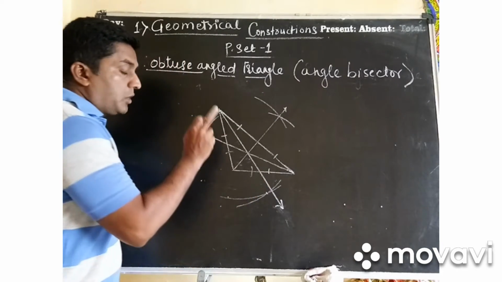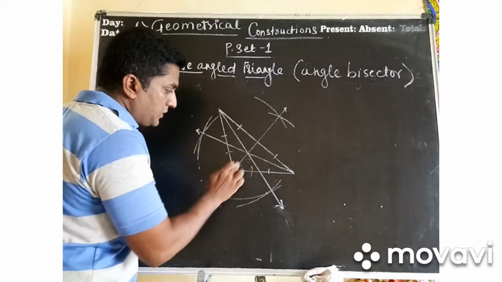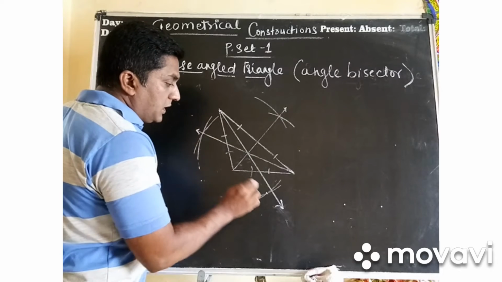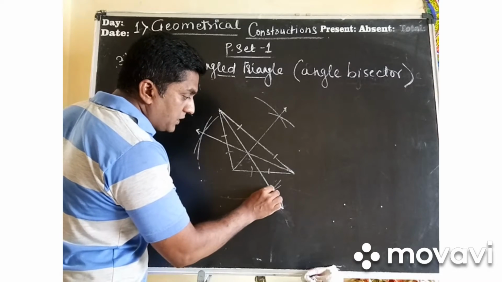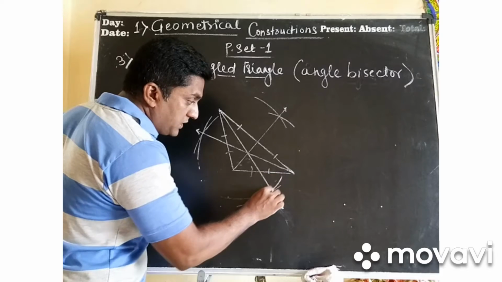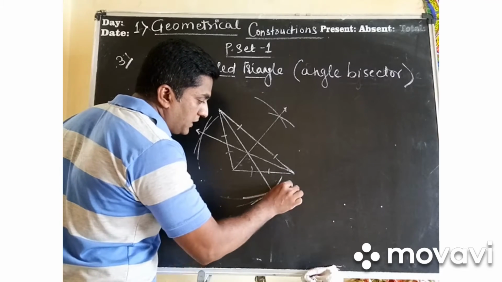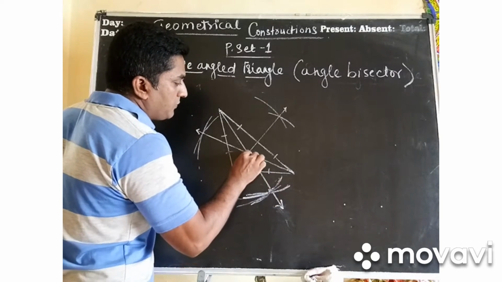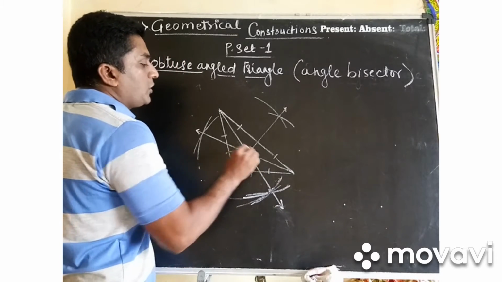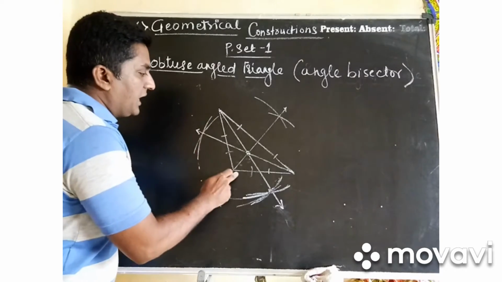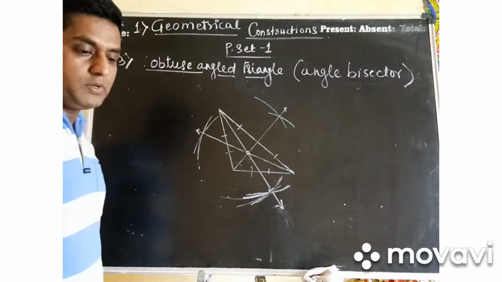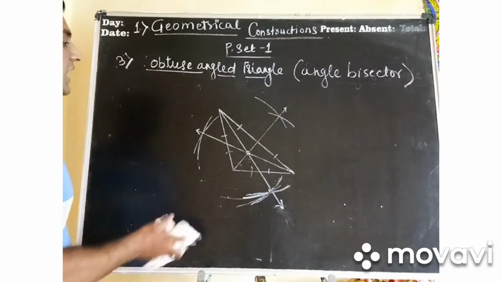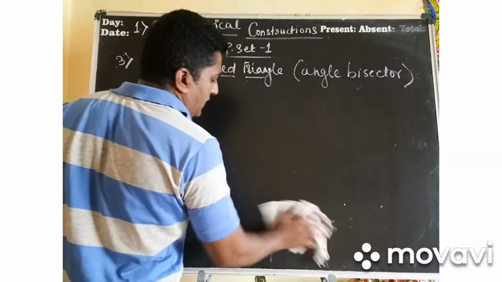But when you draw 3 angle bisectors, this is 1 for this angle, this is the 2nd for this angle, and this is the 3rd for this angle, then the point of intersection must not come here. It must come here. It must be like this. Got me everybody? So this is the point of intersection, that is called the point of concurrence of the 3 angle bisectors. So just try this at home. Now our next triangle is the right angle triangle. So let us see the right angle triangle.